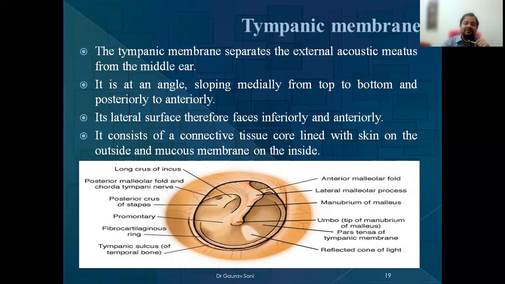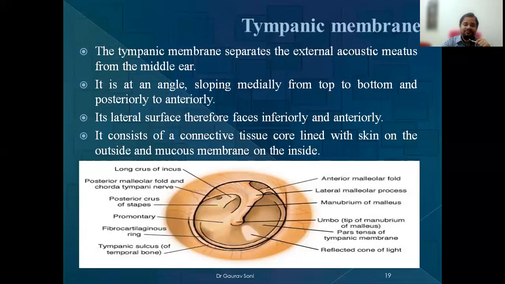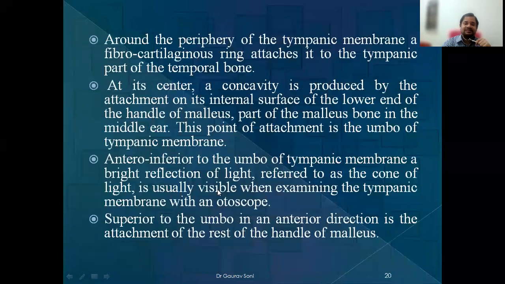Here you can see a diagram from the medial side, which will come afterwards, having one slide first. So how to understand it, or what are the features? First of all, on the periphery, this is a curtain. The curtain has to be hung from somewhere. So there is a fibrocartilaginous ring attached to the tympanic part of the temporal bone, which helps its periphery get attached. You see the diagram? This fibrocartilaginous ring helps this membrane to be in its place.